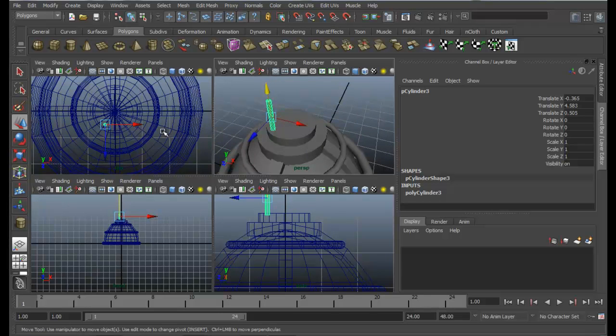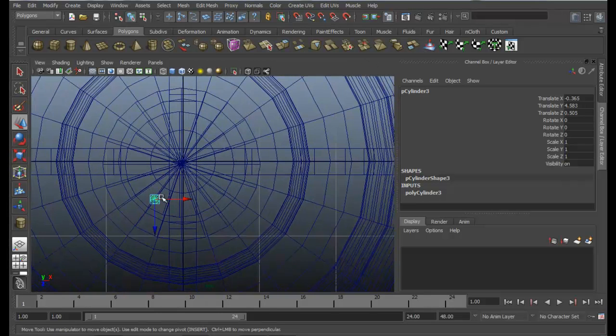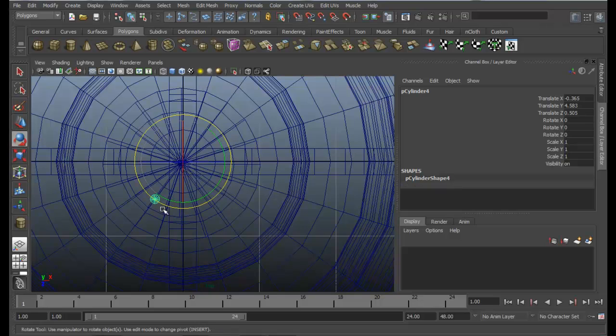So for that, first of all, we're going to change the pivot point of this by pressing the insert key and moving the point, and just snap to grid and place it to middle, and then press E key to rotate, Control D to duplicate, and rotate it. So in this way it will just rotate around the cylinder.